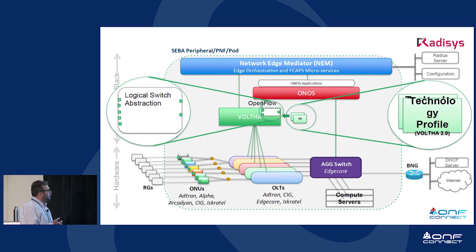So what we found was initially, after adding a Broadband Forum WT385 model to control some of the PON, let's say, transmission convergence layer attributes like ALLOC IDs, GEM ports, ONU IDs, it became obvious that it's going to become